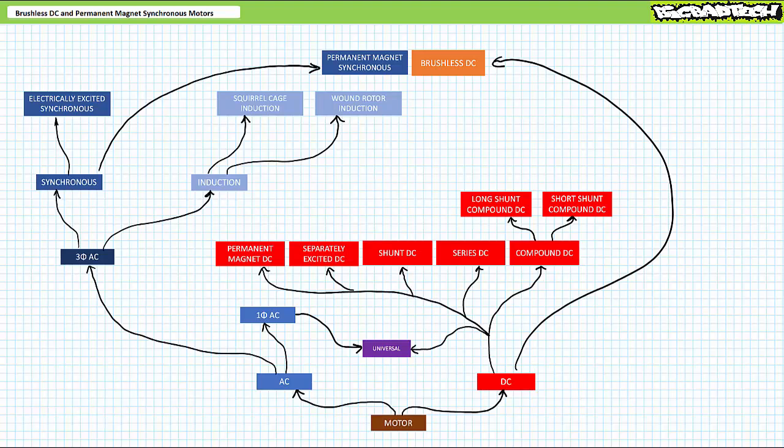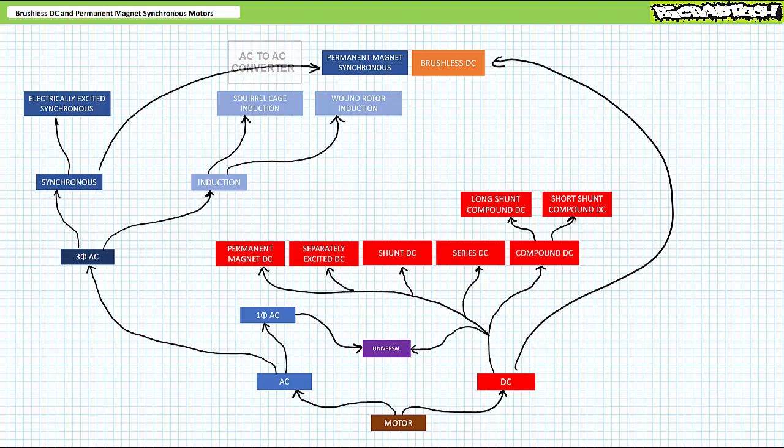From the 3-phase AC side, rather than using an external DC source and slip rings to establish an electromagnet on the rotor, a genuine permanent magnet rotor is employed. This is a permanent magnet synchronous motor. No need for an external DC exciter source. No slip rings, no brushes, permanent magnet on the rotor. For all intents and purposes, the stator is identical to 3-phase AC motors. Importantly, a permanent magnet synchronous motor uses a power electronics device known as an AC to AC converter to direct